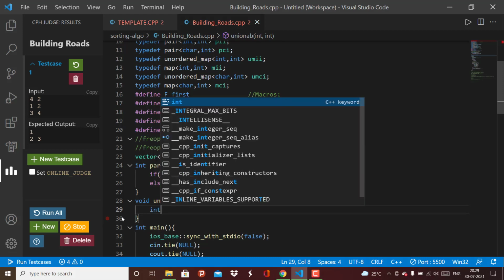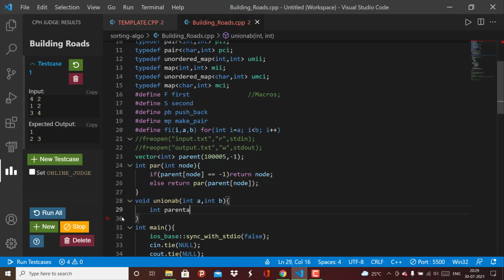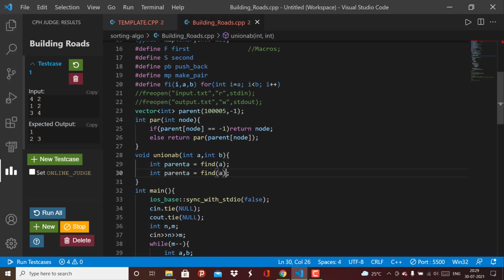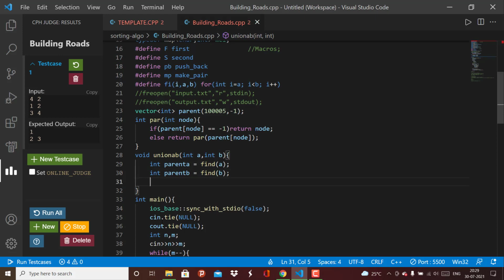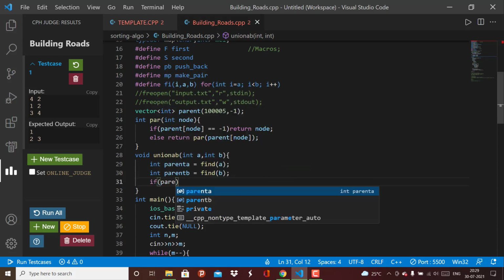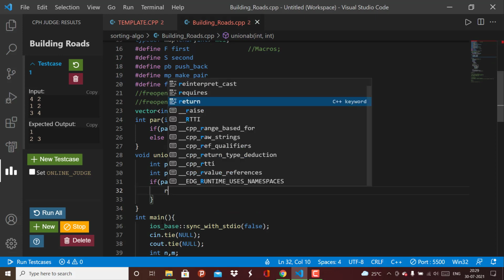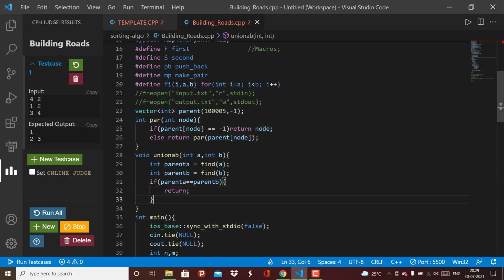So we'll write an int parent A equal to find of A, and similarly for B. So our parents are defined, and the next condition is if parent of A is equal to parent of B. In that case, we basically return back. We don't need to do anything here.